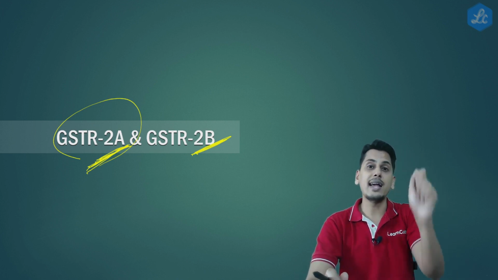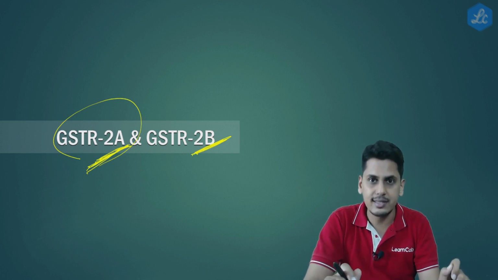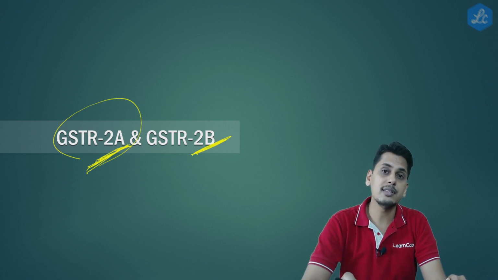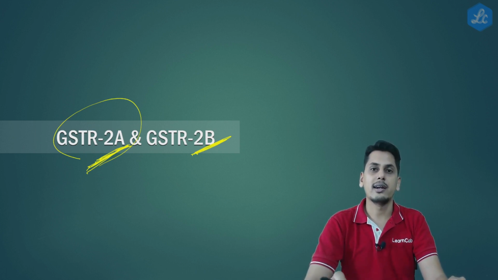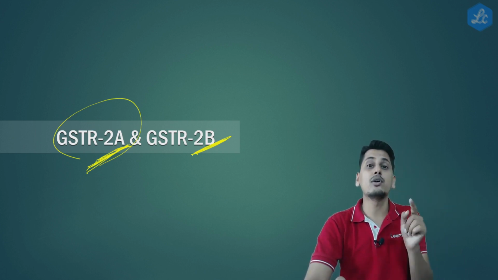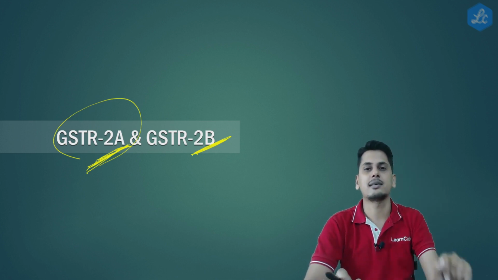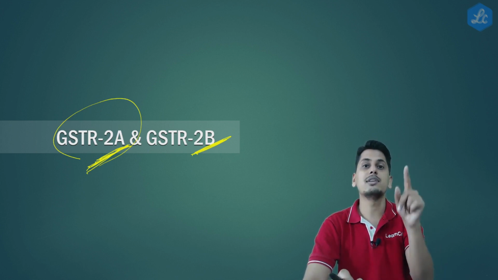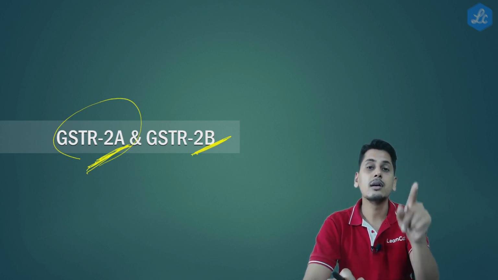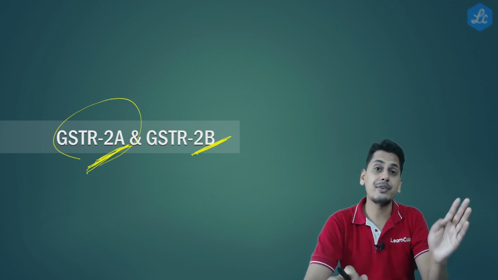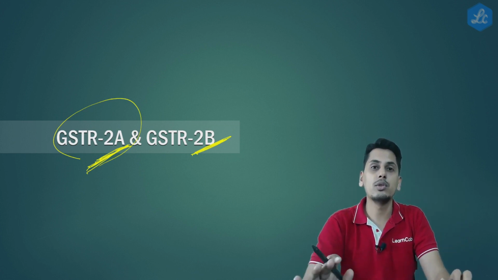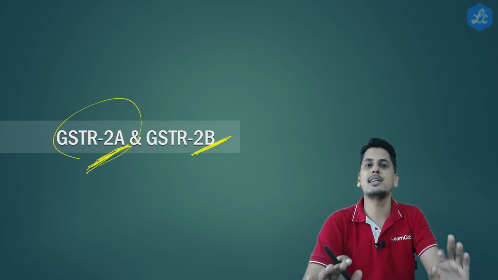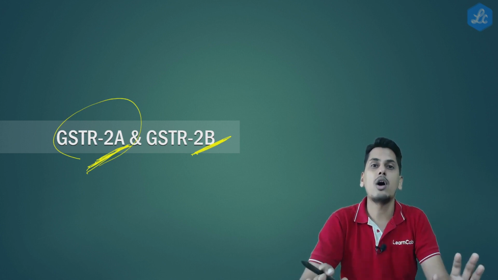So now friends, if I am filing my return for the tax period August, I need to compute my input tax credit for the tax period August. Now friends, I will be in a position to take credit of only those invoices or debit notes which are appearing in GSTR 2B of August. And what will appear in GSTR 2B of August? Only those which have been filed before the due date. If it is filed after the due date, it would go into the subsequent month's tax period. It would go in the subsequent month's GSTR 2B. It will not remain in August month's 2B.